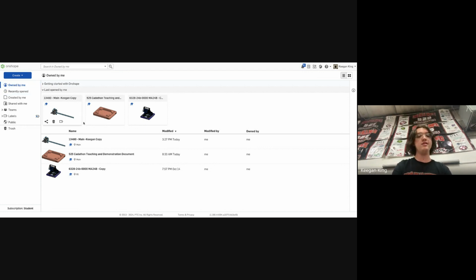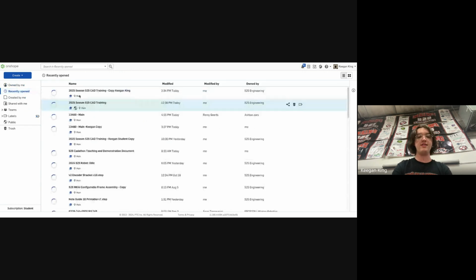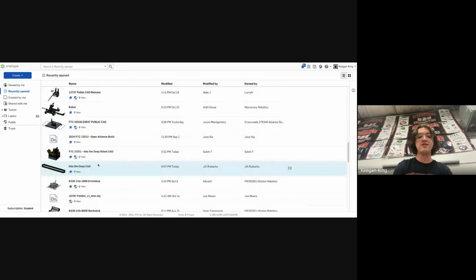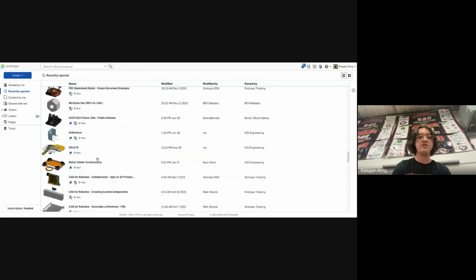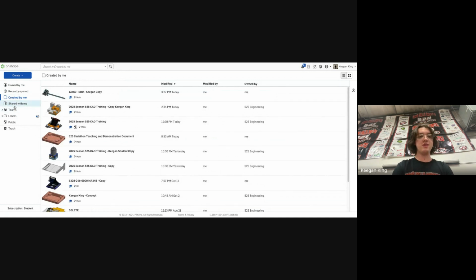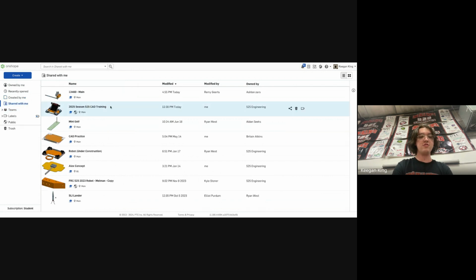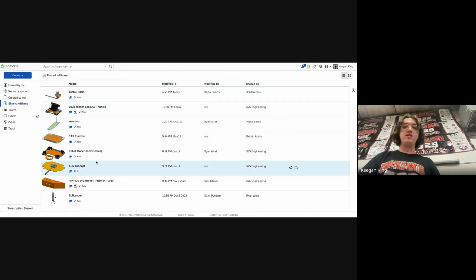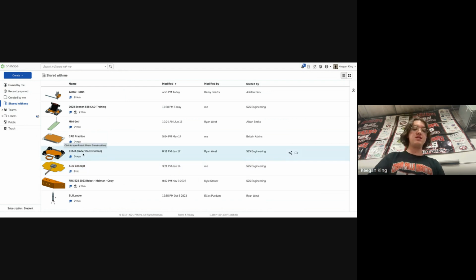Owned by Me, this is just going to show your different documents, any folders you have. Recently opened, that's all the files you've opened, including stuff not owned by you or shared with you. Created by Me, that's similar to Owned by Me, but it's documents you create. Shared with Me, this is if someone emails you an OnShape document, or goes in the share menu of their OnShape document, this is where